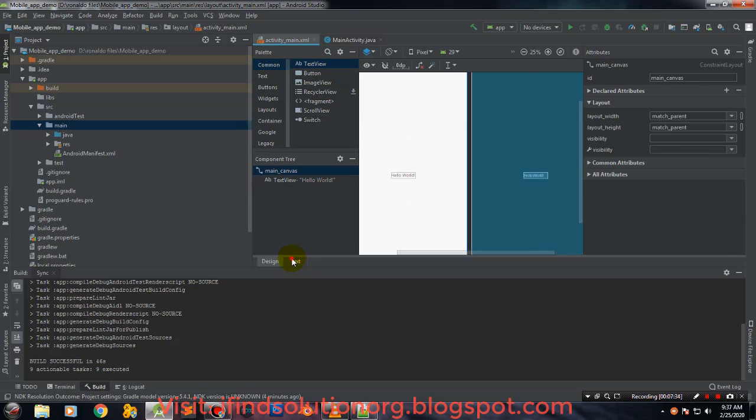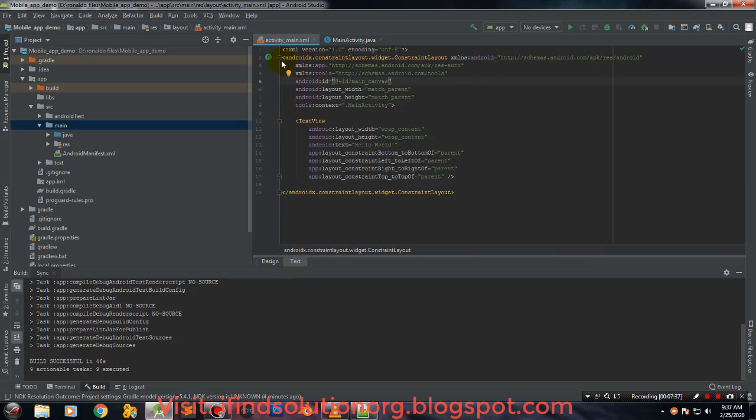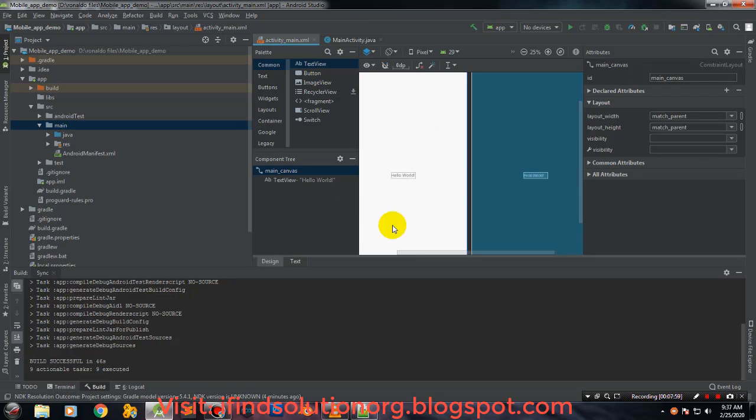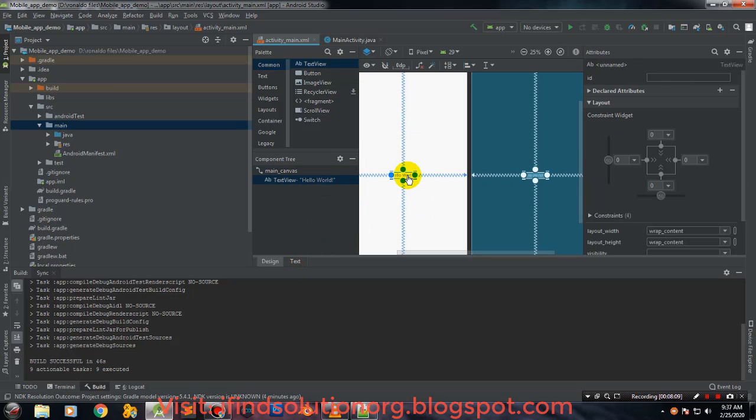In the source code, you will just see it is the constraint layout, but there are some tags that change the orientation or the view of our contents. So for example, this hello world. As you can see, it's been using the constraint layout. If you run it